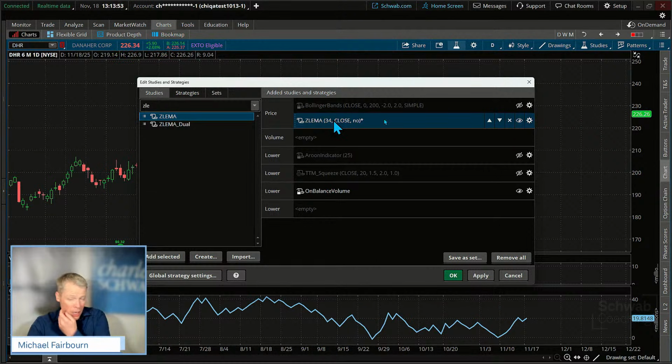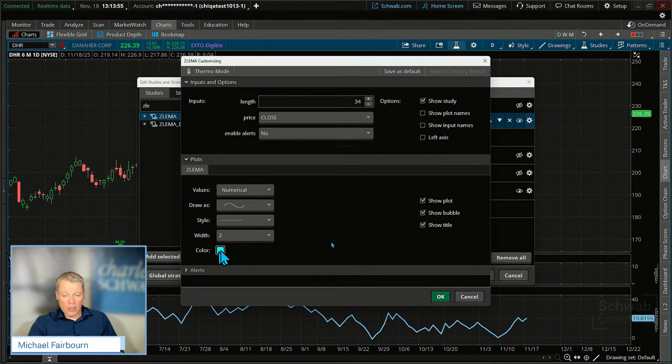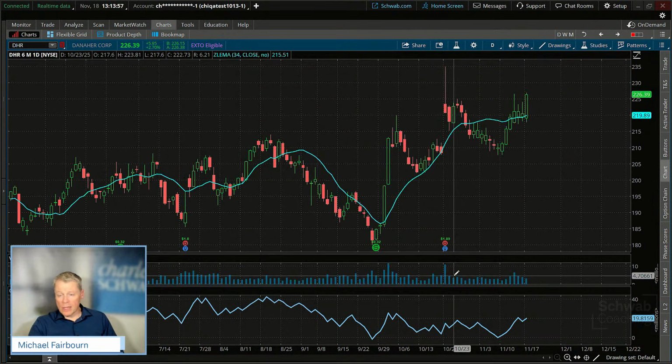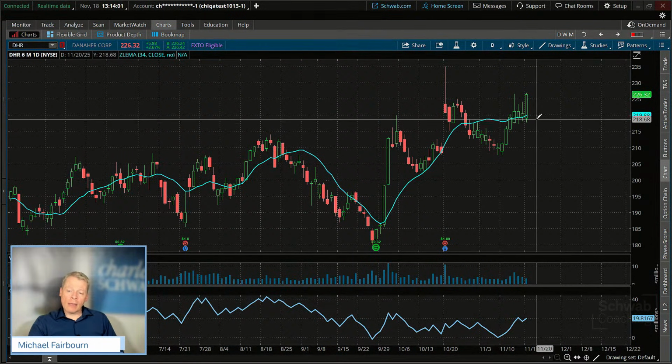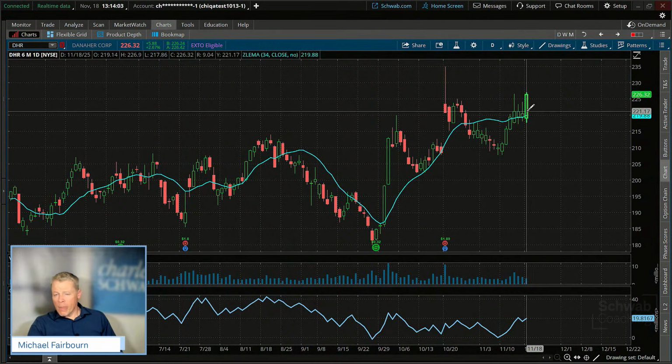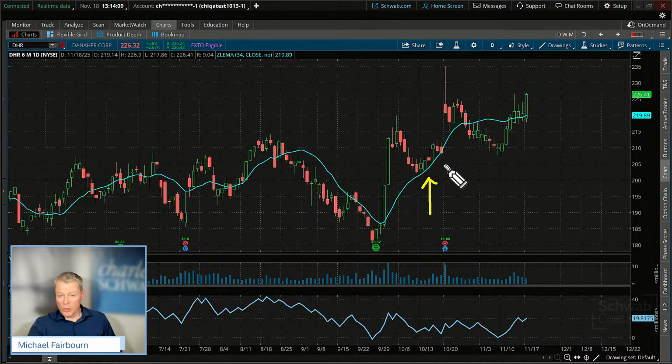The 34 is a common number used. I'm just going to go ahead and put this in as a 2. That's fine. We'll just put this in as a cyan level right here. But notice we haven't got a close below that level yet. A close below this number, and it's interesting, we're getting some touch points right off it, and we got very close to it, but off this initial bounce. Of course, on the pullback we did, but this is our flag setup. That's actually the entry, but believe it or not, the exit could be a close below here.